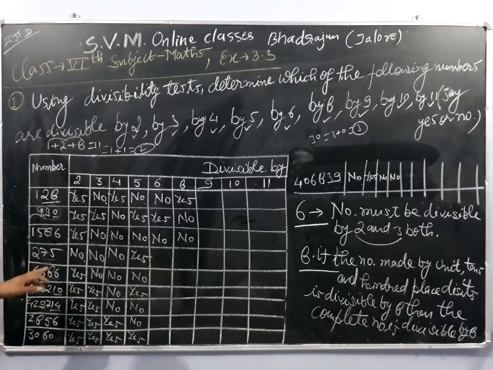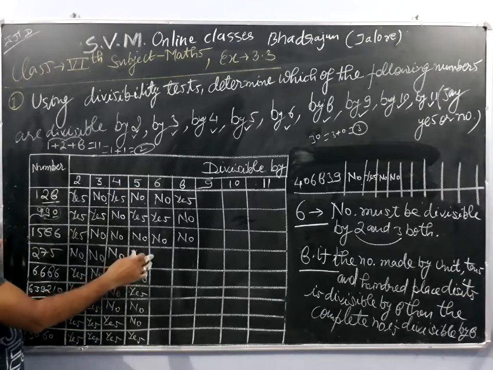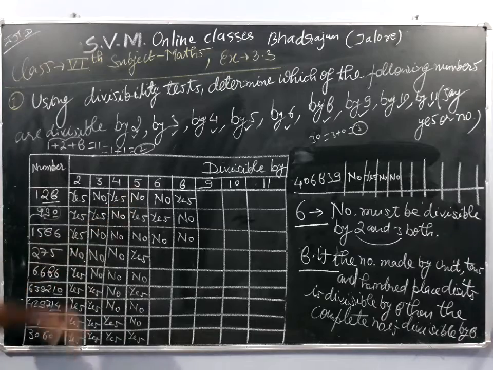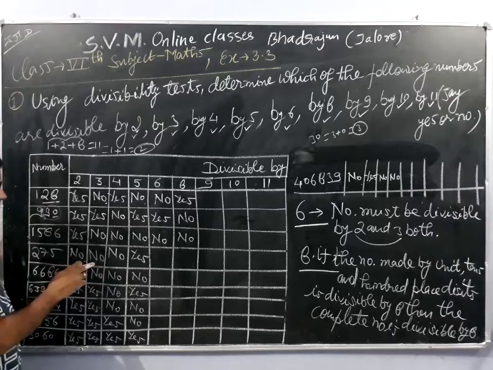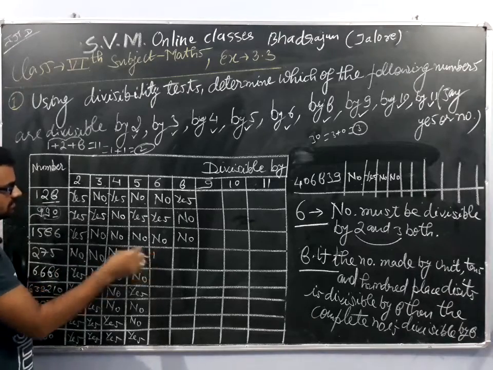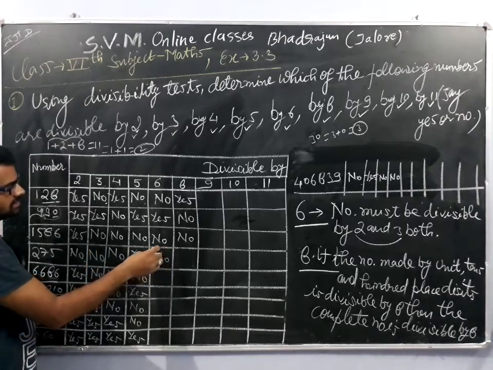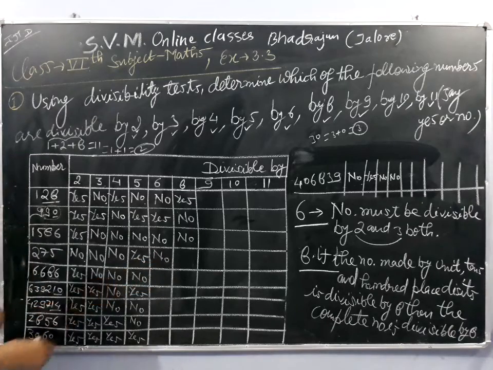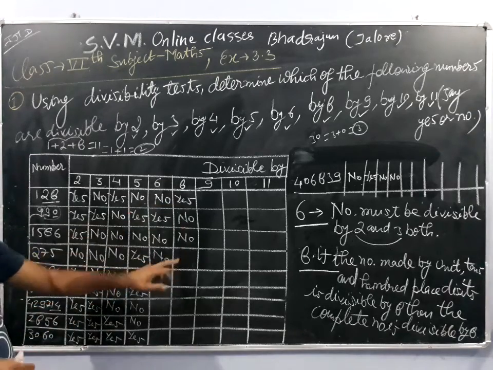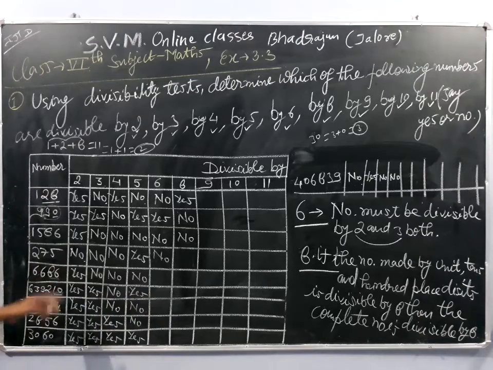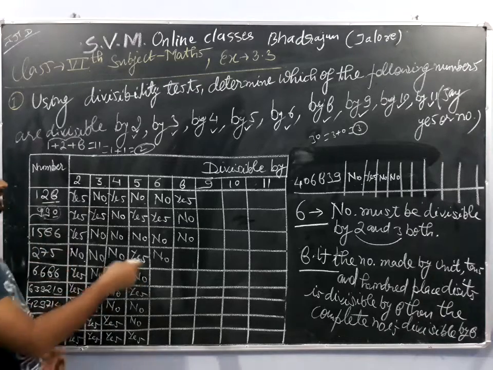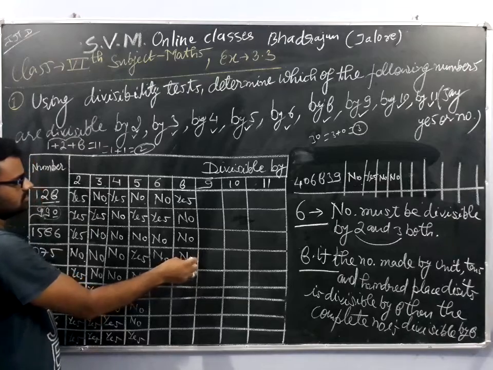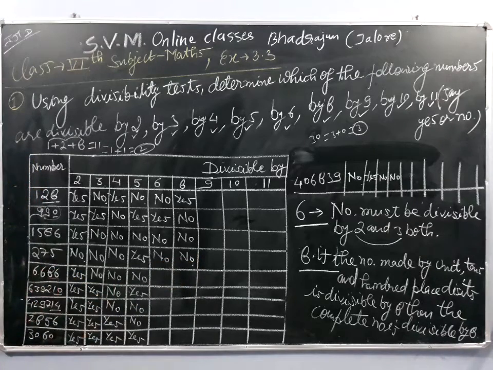Now we will check whether 275 is divisible by 6 or not. So here we are seeing the number is not divisible by 3 as well as by 2. So the number is not divisible by 6. Okay, it will definitely not be divisible by 2, 6. Now for the next number, we are seeing the number is not divisible by 2, then how can we say the number will be divisible by 8? So it will not be divisible by 8.